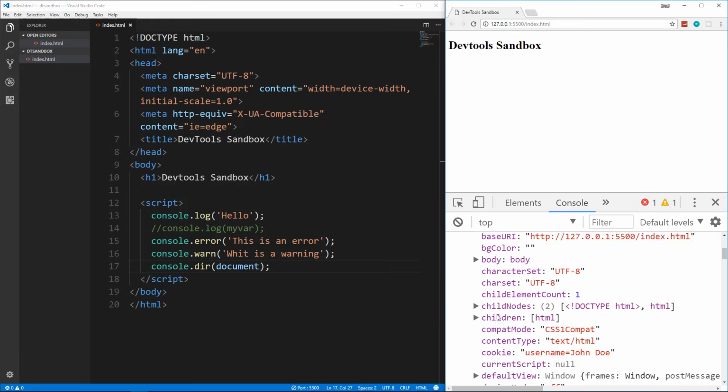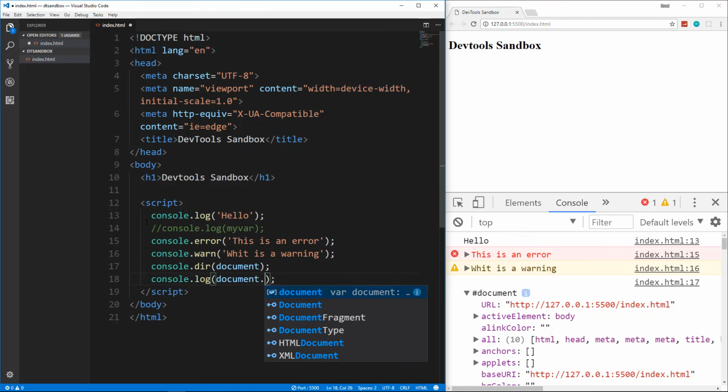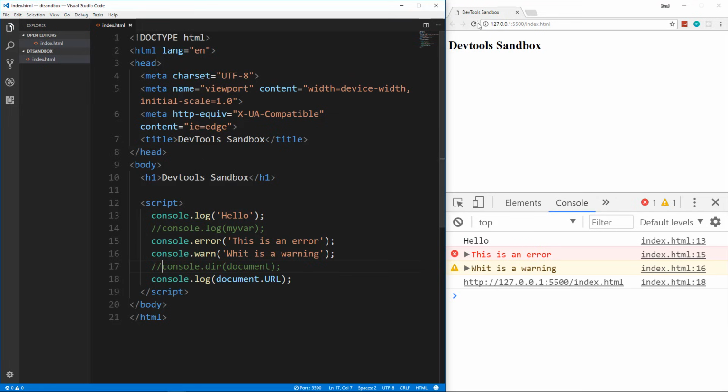Okay, and we can access any of this. For instance, if we wanted the URL, we could say console.log, and we could say document.URL. Let's actually comment this out and save. We don't have to reload, but it'll show us the URL,